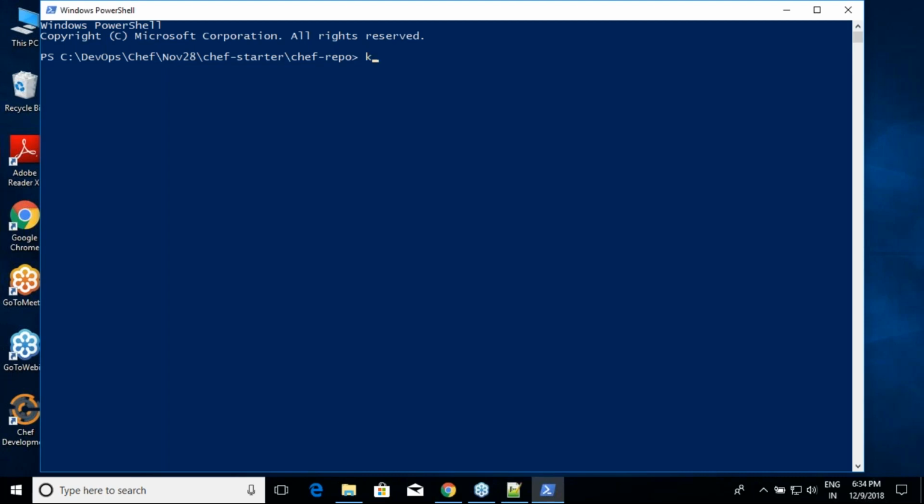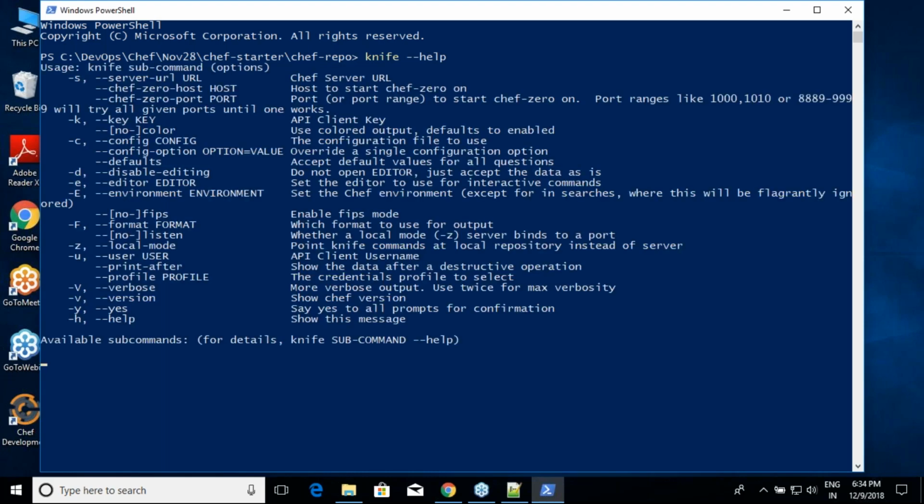The first command I want to execute is knife node list. And at any moment, if you want anything, always use this help option. It will tell you what possibilities you have with knife. We might not use all of them, but when there is a chance, you should be able to work on it. That's why we go with this route. Are you seeing? There is something called knife subcommand, and you will have options, and it is fetching the available subcommands. If you want that, you can execute knife subcommand --help. It is taking time.